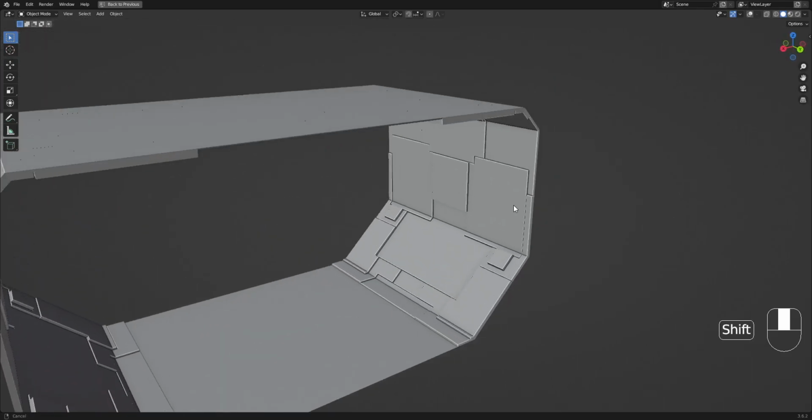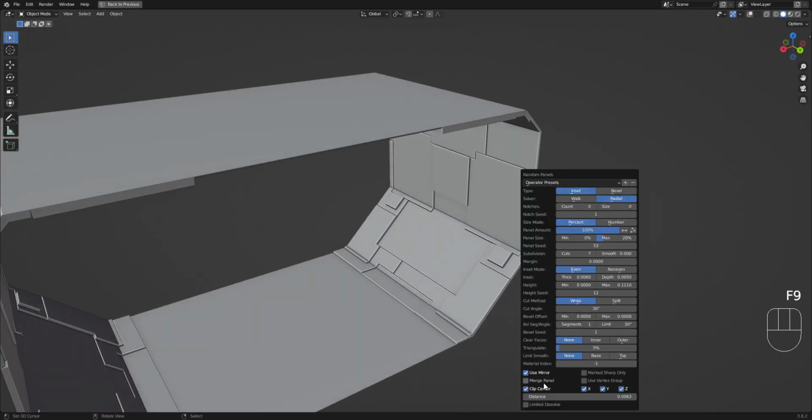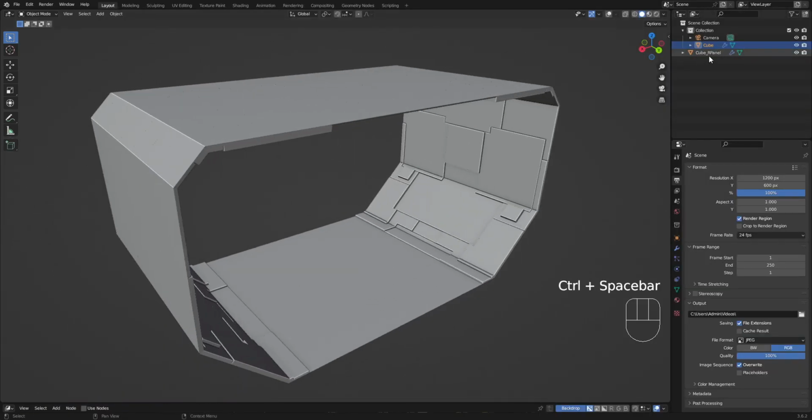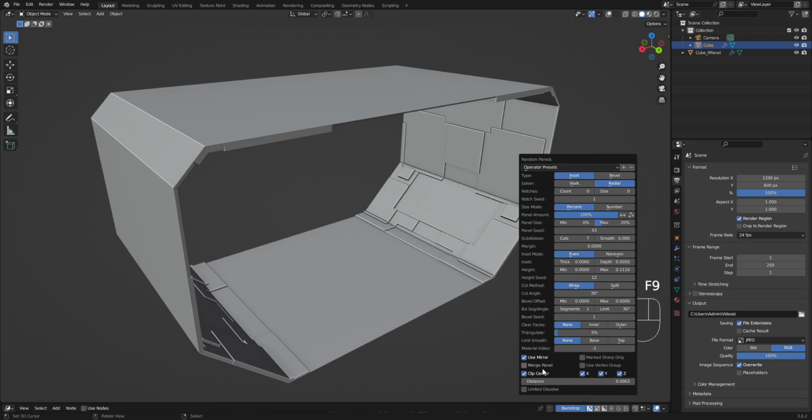Okay, now we're going to toggle on merge panel to merge the result. You can see in the outliner, this is the non-destructive result. This is the cube R panel, which is the randomized result. If we merge this,